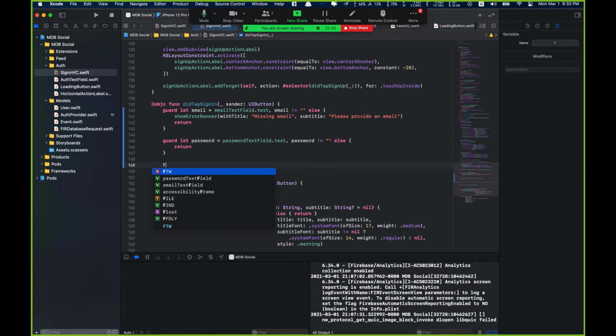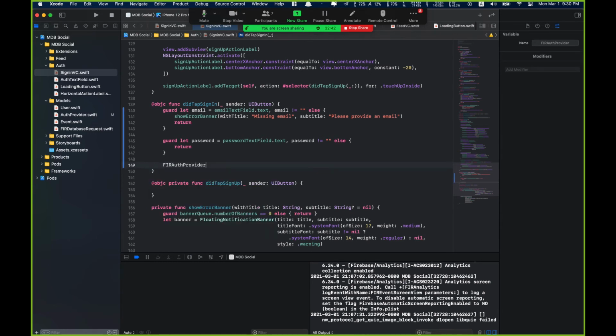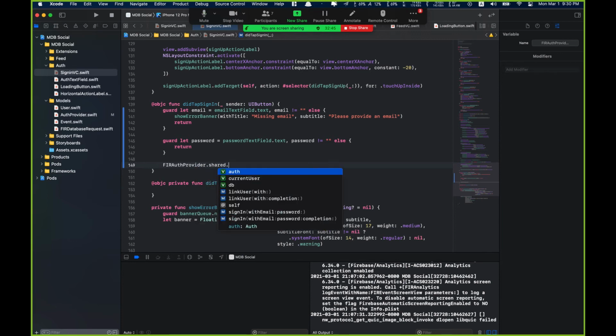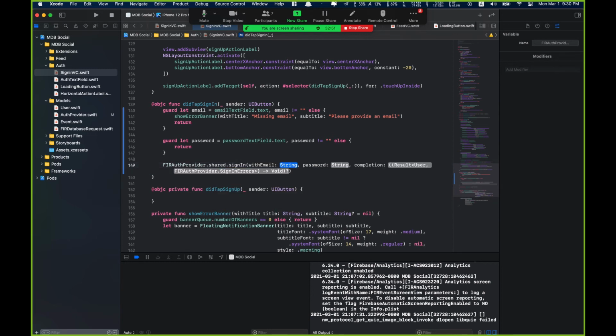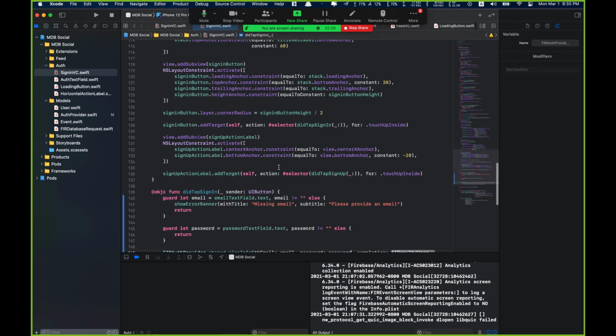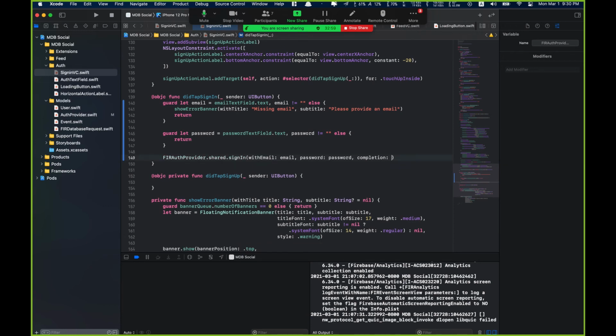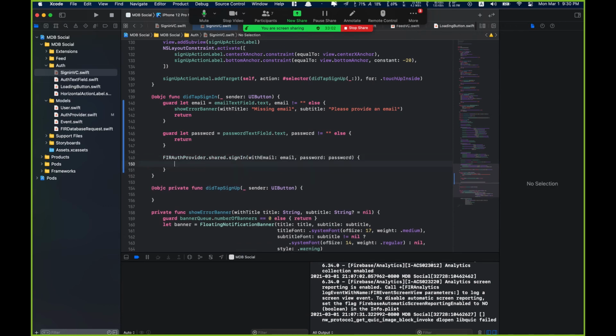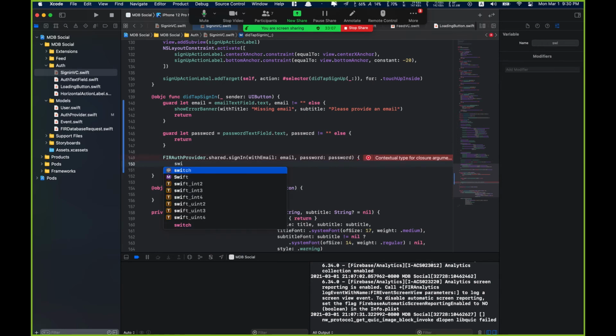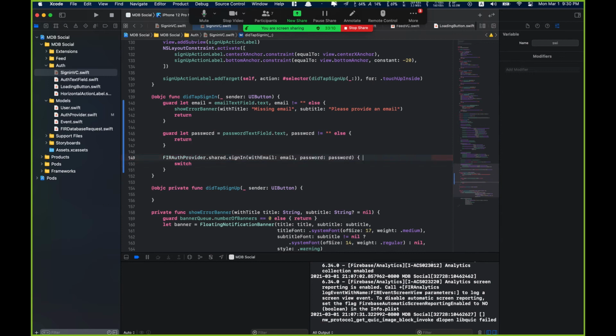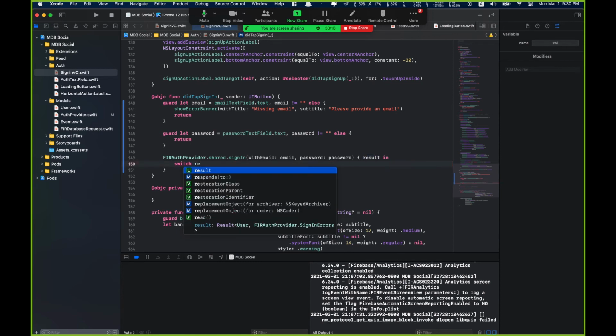So here's the important part. We're going to call our Firebase auth provider sign in API, the API that we just made, using a custom completion along with the email and password that we grab from the UI. For the completion, we're going to use the trailing closure syntax because it's cleaner. It's expecting a result, so this result will be the result type that we defined in our API. And the first thing we're going to do is switch this result